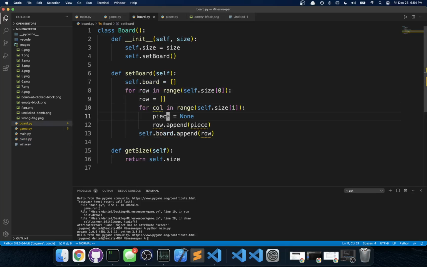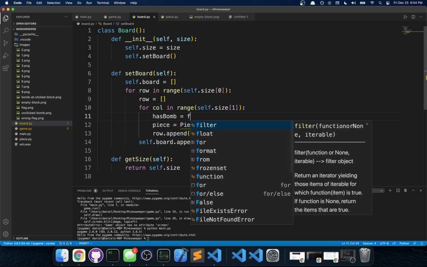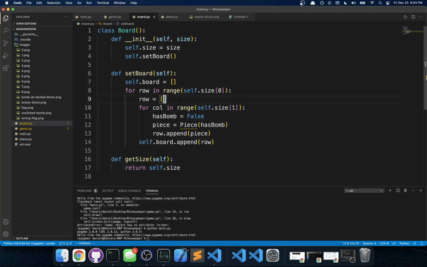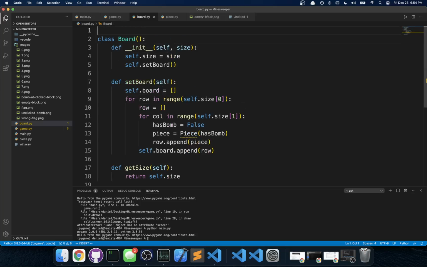Okay, so now instead of adding none onto each position, we'll add a piece with has bomb, and has bomb we can set later. Should probably import piece,